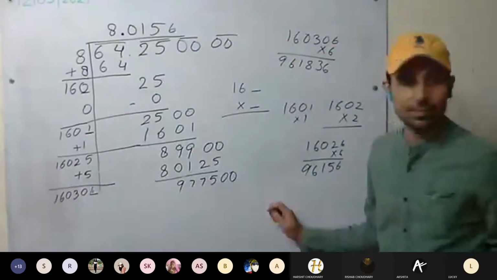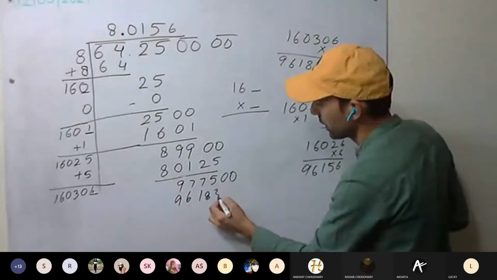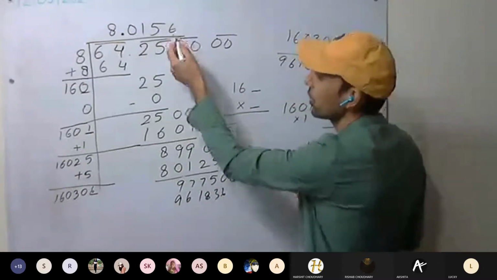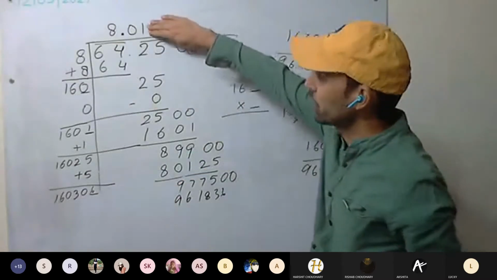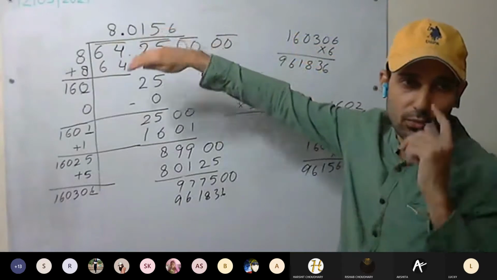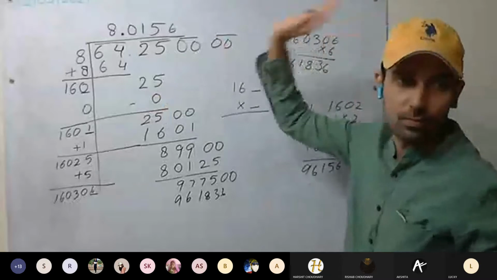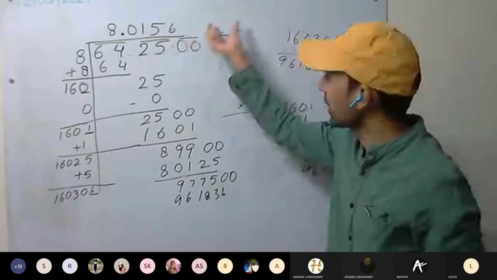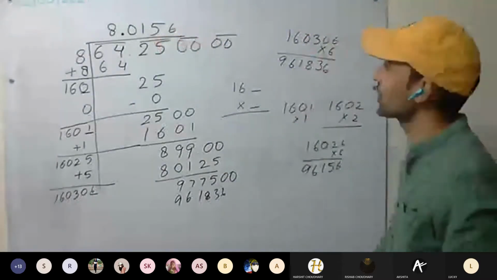Okay. You can put the number here: 9, 6, 1, 8, 3, 6. Rest no need. We got it. Okay. We can round it off. See here. In such questions, when nothing is being told, you can leave the answer with 2 digits. You can get more digits. That's up to you. If you have a lot of time, keep calculating. It may never end. Either you get a recurring one, or maybe it never ends. That will make it irrational.